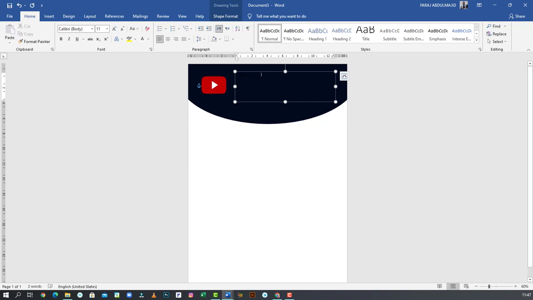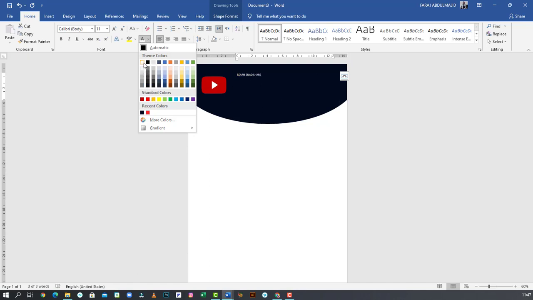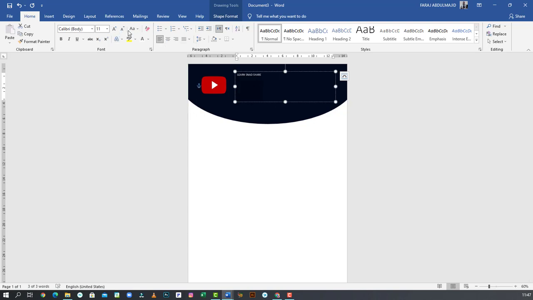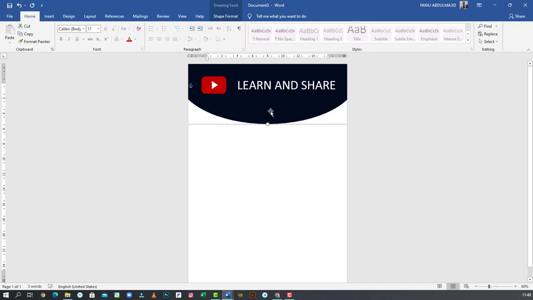Now the text is black. Of course, you can't see anything now. I need to change the color of my text. I'm going to highlight or select the text, come to the Home menu, and go to the font color. Since it is a dark background, I'm going to pick white color. Then I also have to increase the size till I see it is satisfactory to me. There's a spelling error here, let me rectify it. It's not fitting. Yes, there we go. So now this is my simple